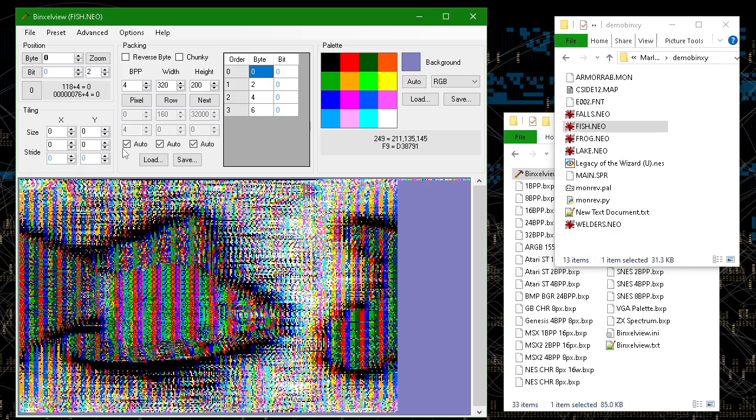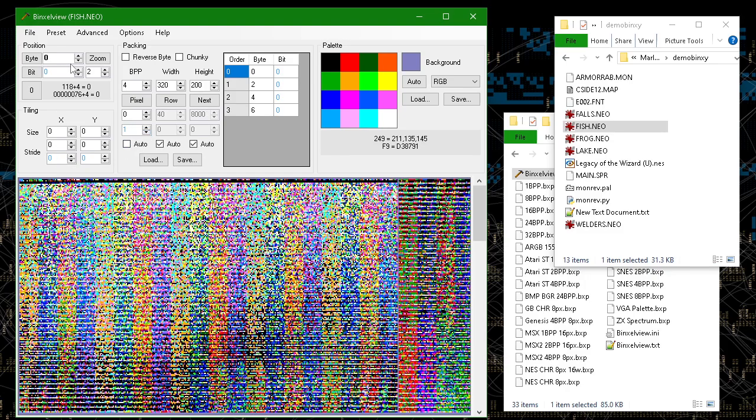Because we're no longer dealing with contiguous chunks, we've got to turn off auto here. So we need to go 1 bit at a time to advance for the pixel. But that's still wrong, because on the Atari ST, after we've reached 16 pixels, we've still got 3 more words to skip over.